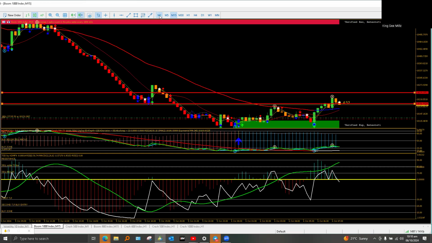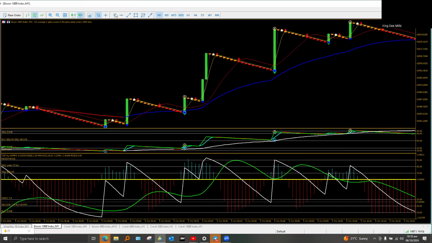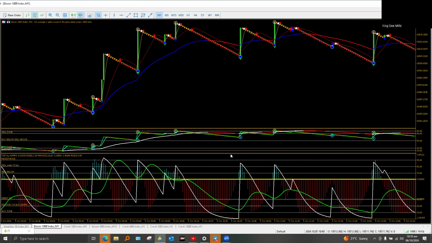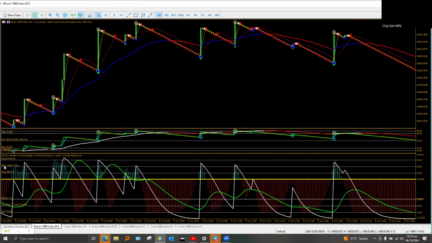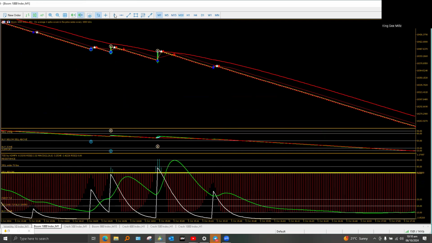I remember there is this also, which is down here. I forgot. If you read here, it says sell under level 70. Level 70 is sell below. So how to use it now? How to use